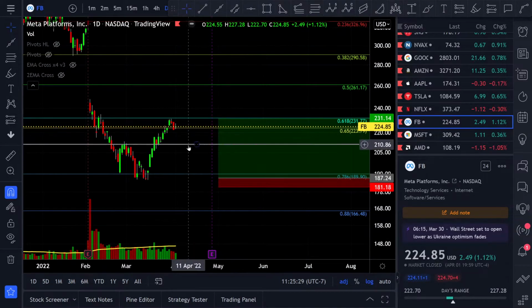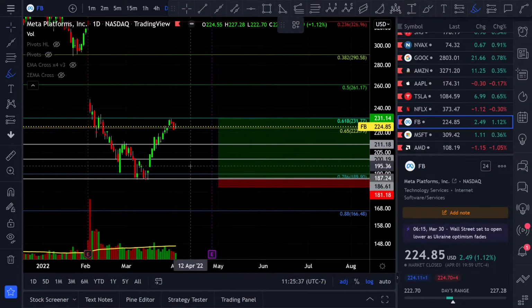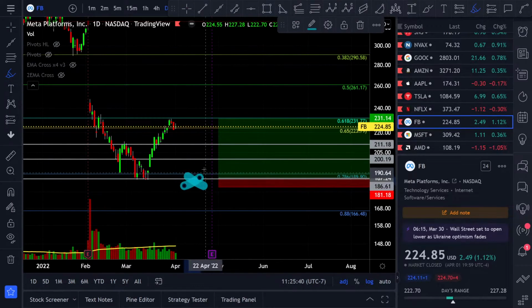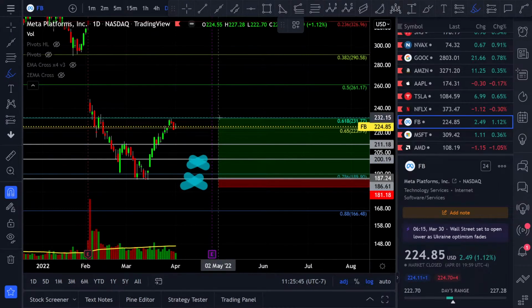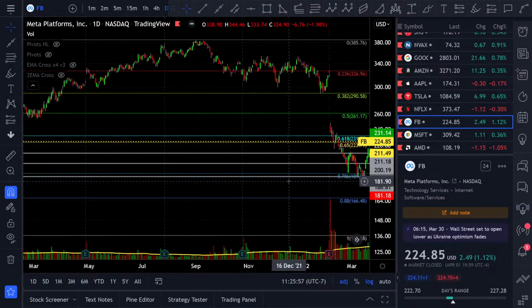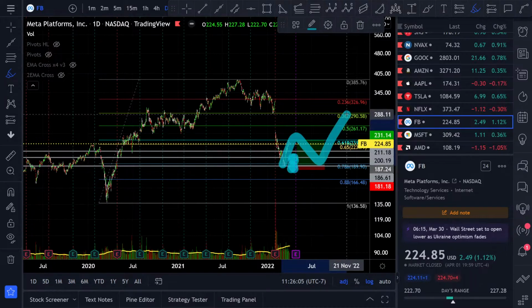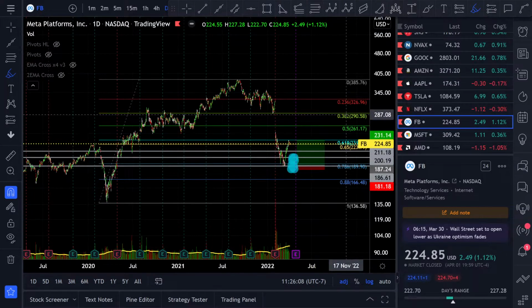All right, we have a support right here at 211, we have a support at 200 even, and we have support at 186. As long as the price doesn't go below 188 ever again, or even 200, I'm probably going to buy some more Meta Facebook, because the risk reward is better. The exact same example. So before Facebook, or let's say bullish case scenario, before this thing 6, 9, 12 months goes up back to 288 for whatever reason, because of bullish PR, and I can assure you